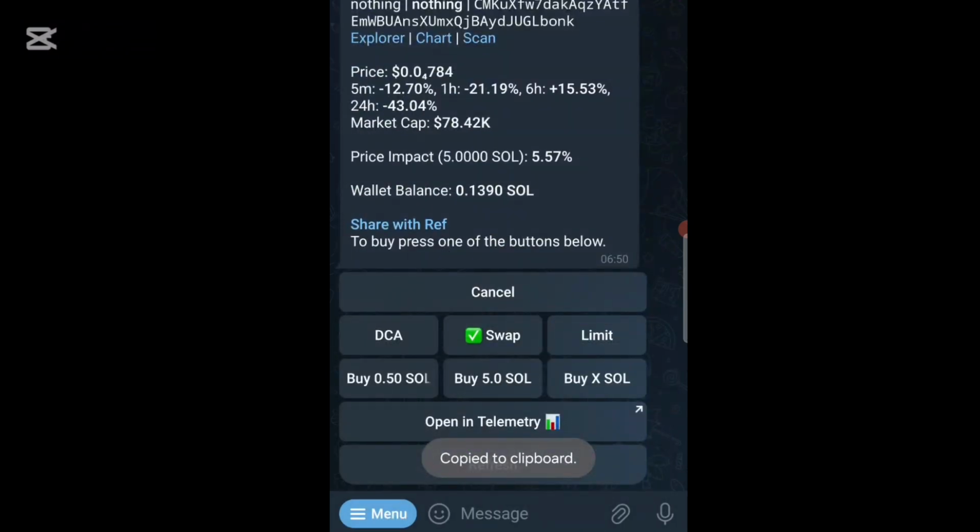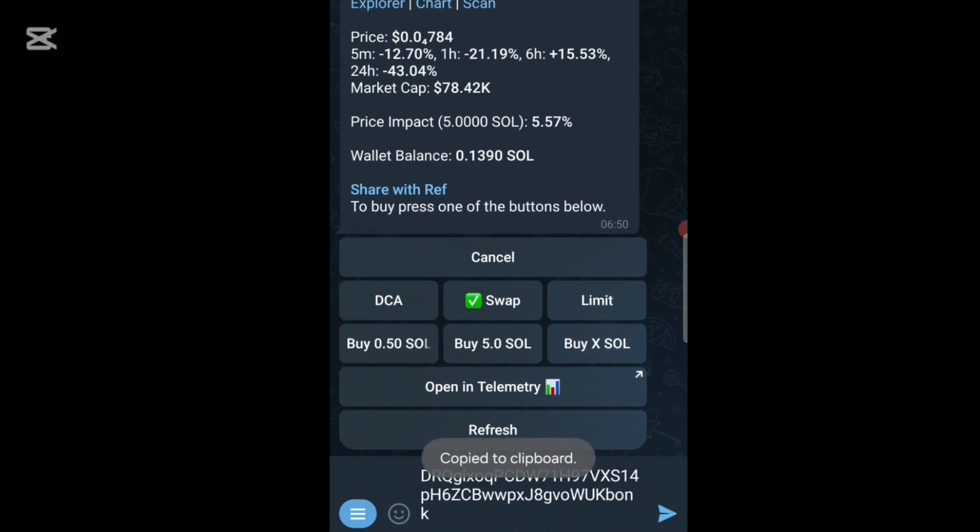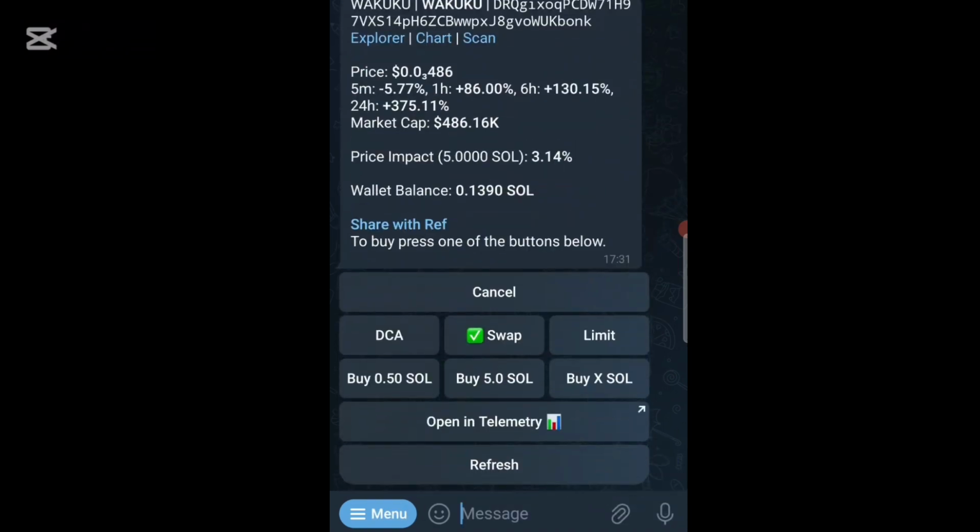Then the first thing you need to do is to paste the token you want to buy, or you just search for it, but it's safer to paste the contract address. So I'll just paste the contract address here. Then details about the token will appear. Wakuku. So the next thing you need to do is to